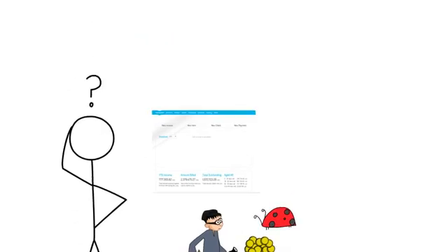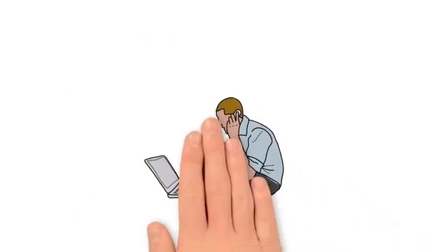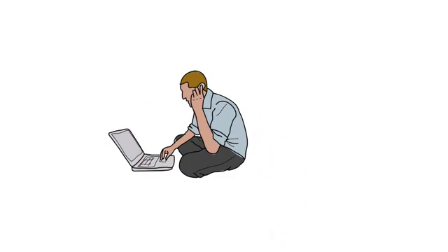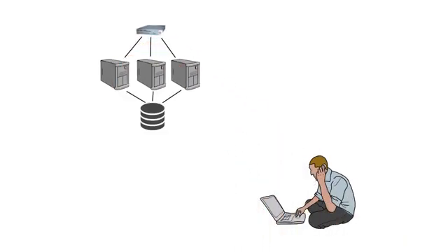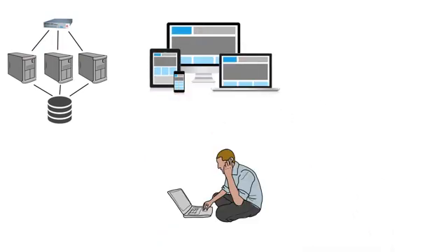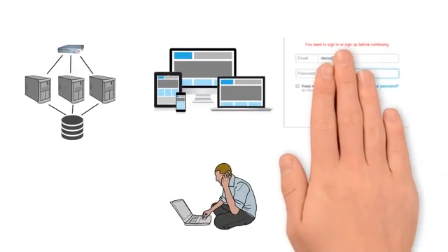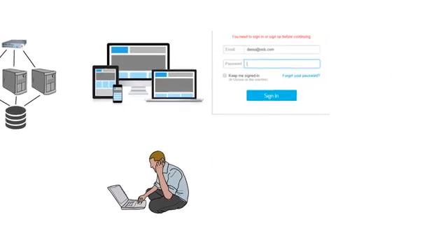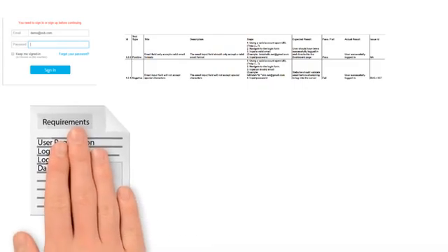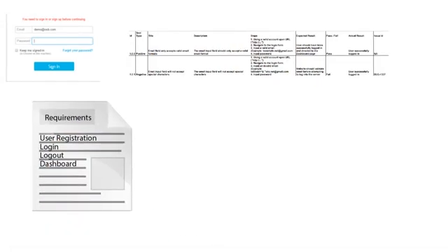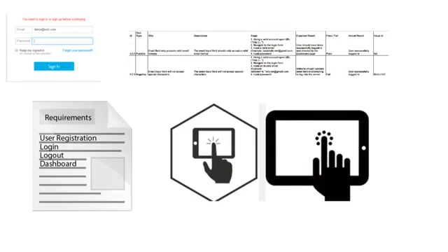So what does a tester actually do during the testing phase? Now that we have the servers all set up and the database is set up, developers have finished coding, they've given us an application, an actual website that we can log into now. Now we can start testing and executing our test cases from the test plans that we've created, validate that all of the requirements have been met, make sure all the functionality is working as expected,